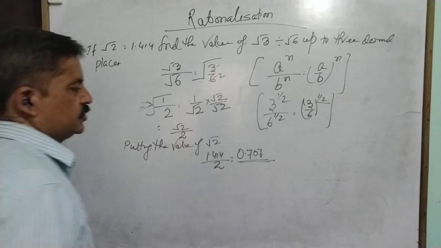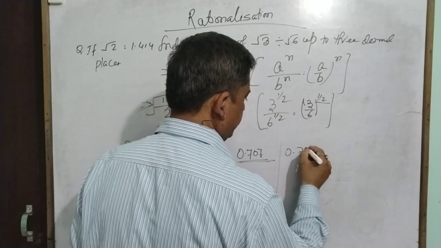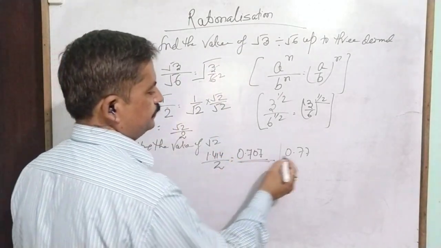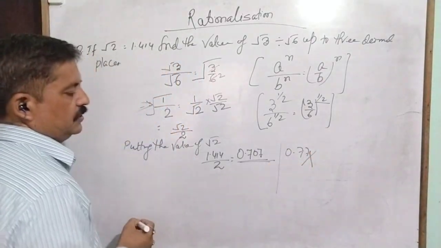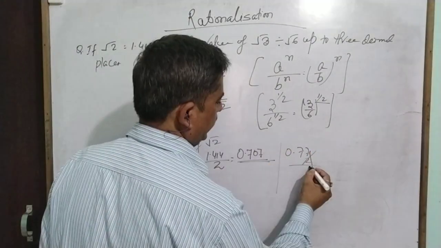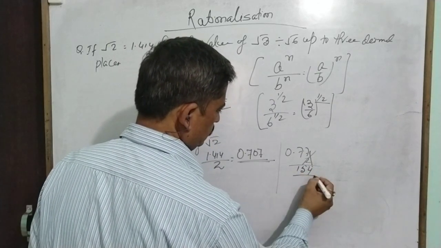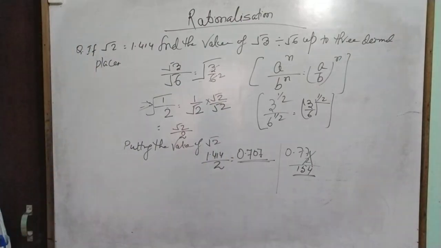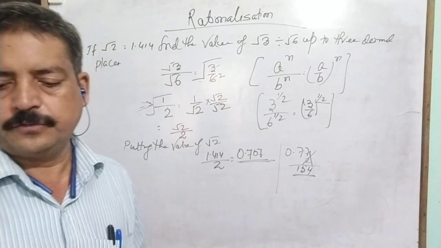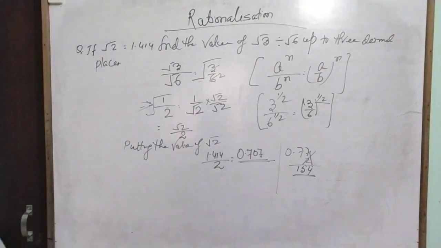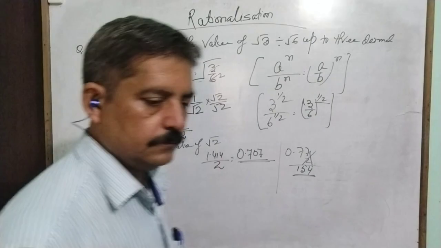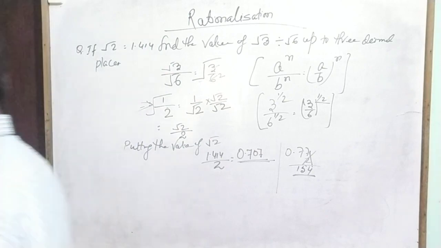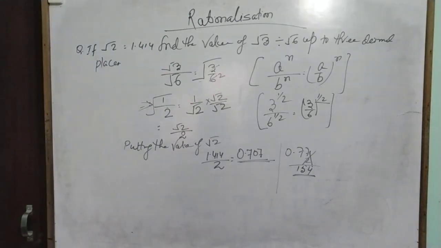In excitement, some students have written 0.77, because 2 sevens are 14, sir. But that is wrong, because you just multiply by the 2. So what do we get? Not 1.414. So just be conscious and do not hurry. So those were different types of questions; now the next question.